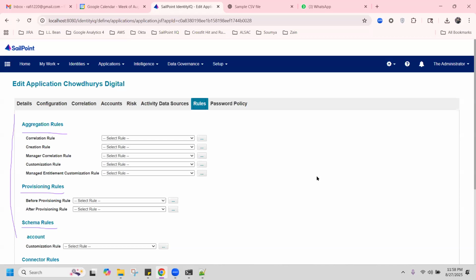And today we are using this creation rule inside aggregation rule. In this creation rule, you can create a lot of things for the user before aggregation task, like before creating that identity, I'm trying to build something. So basically, if you click on these three dots,